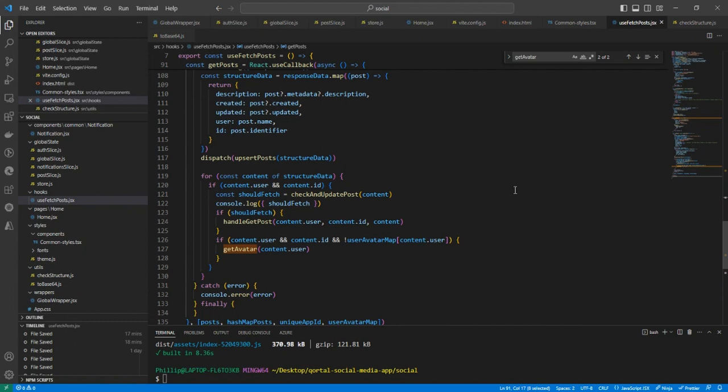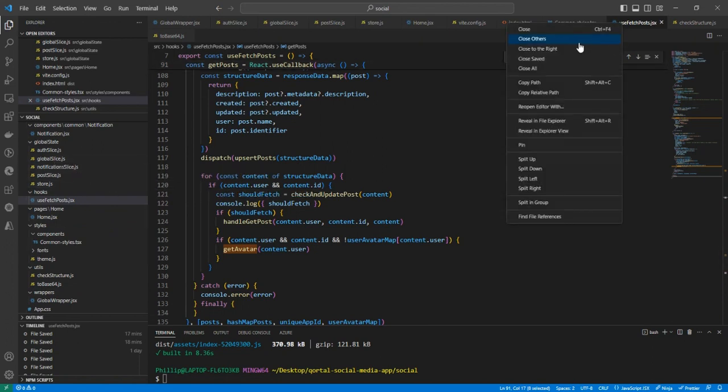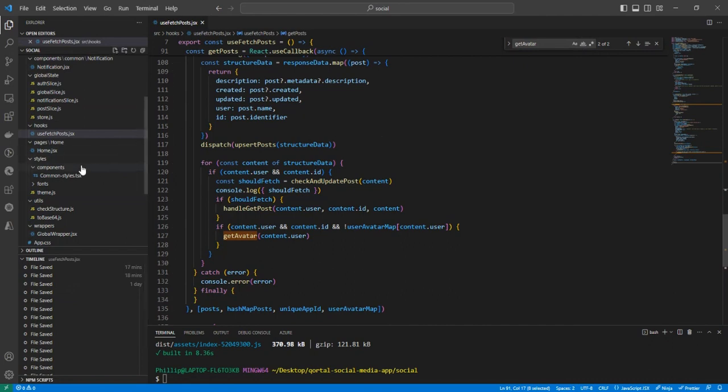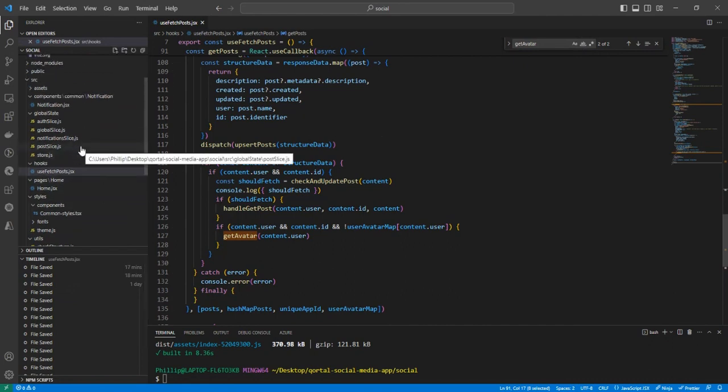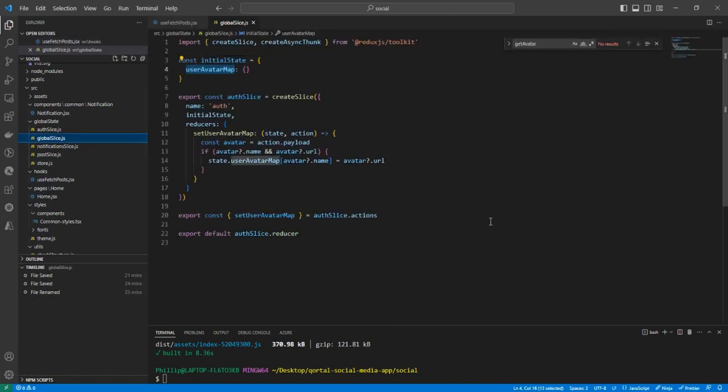So what I did was I created a new slice in our store called globalSlice. Let's close everything besides this file. All right, let's go to the new slice that I created. I called it globalSlice to put global stuff there, which included avatars. That's our first resource, our first field. So we have this object, and what I'm doing is every time I'm calling that getAvatar function,